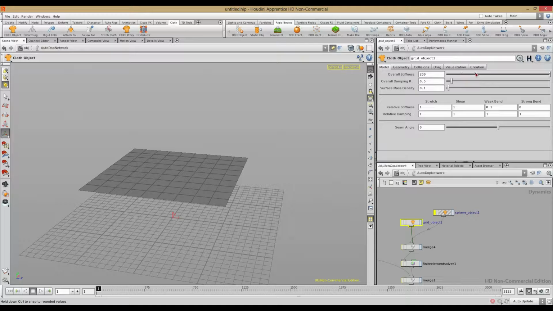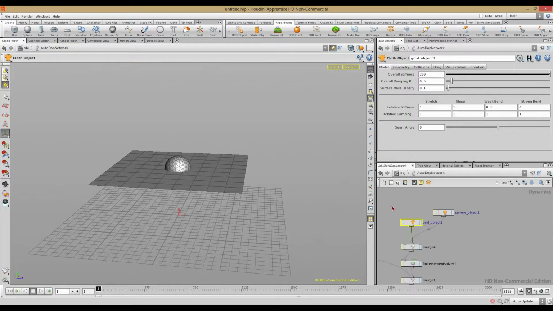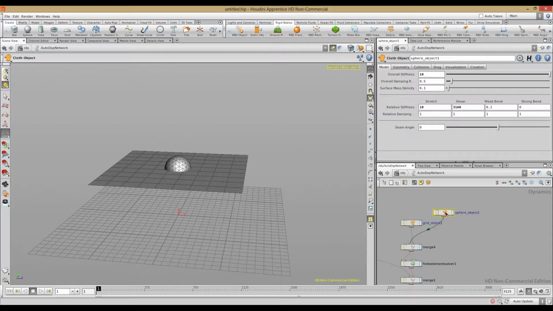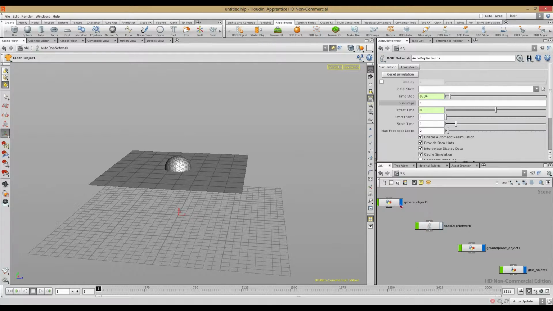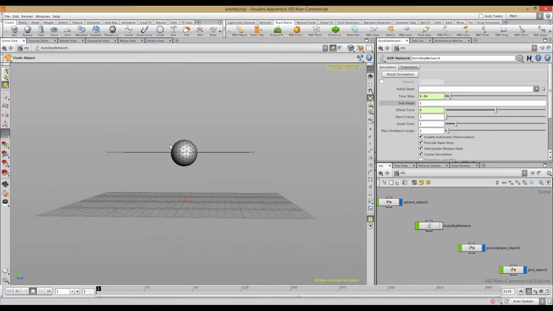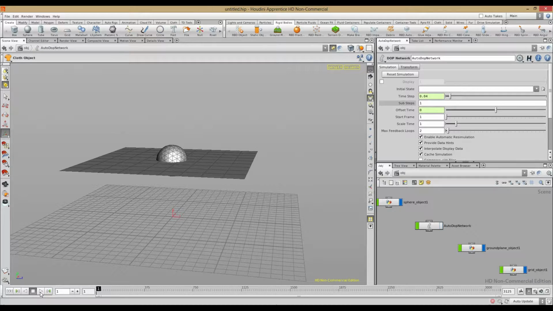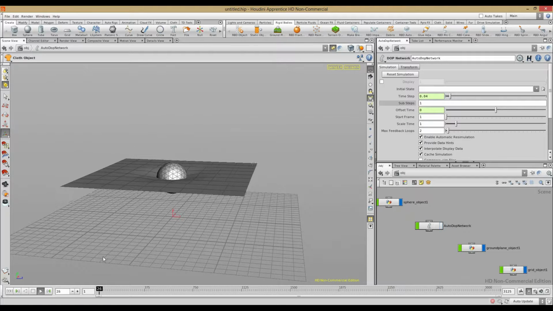But let's activate the sphere object, and let's make it really stiff, like so. And I told you before that it's not allowed to have two objects intersected because now you see